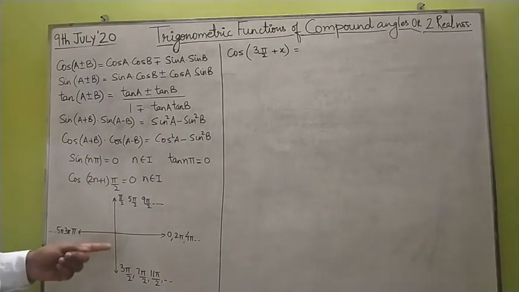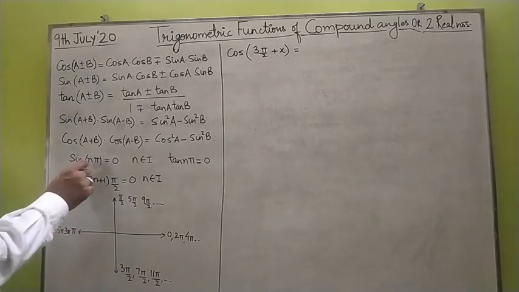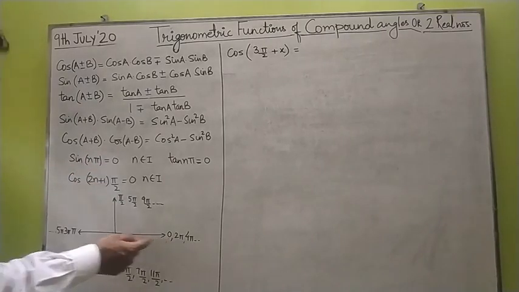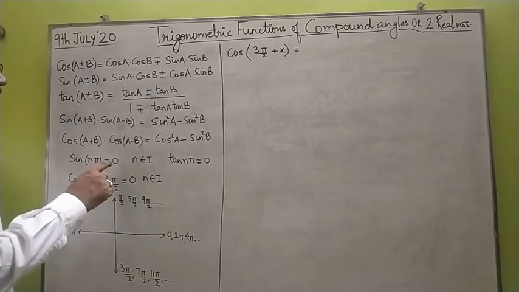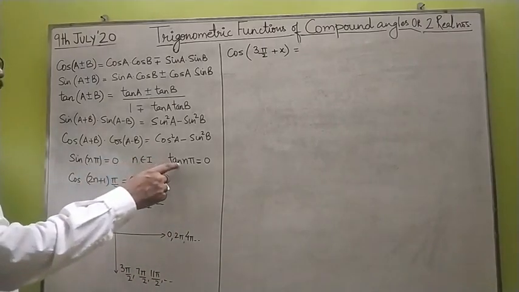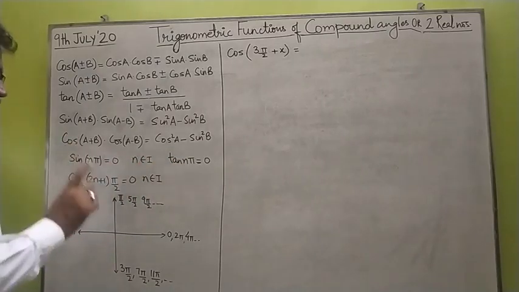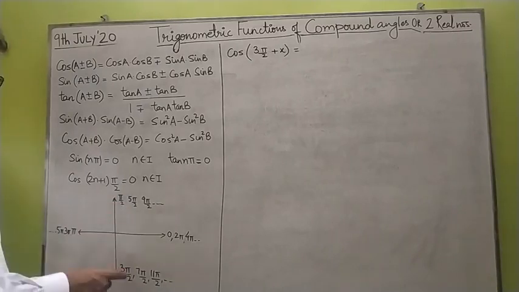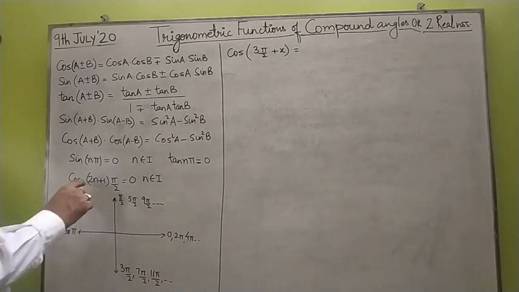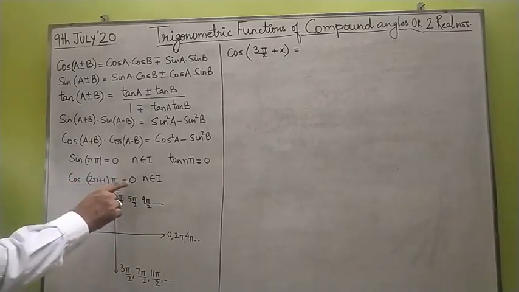Also, I have explained to you that for sine of n multiples of pi, the angles lie on the horizontal line on the right or the left. For all these angles, the values of tan and sine are both 0. For the vertical line, the angles which lie on the end points of the vertical line are pi by 2, 3 pi by 2, 5 pi by 2, 7 pi by 2. For these odd multiples of pi by 2, cos takes the 0 value.